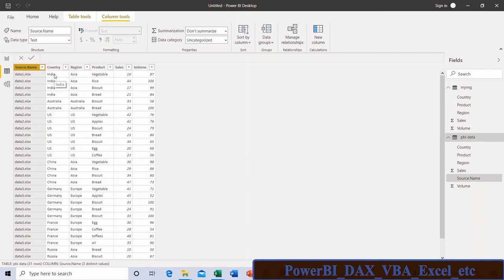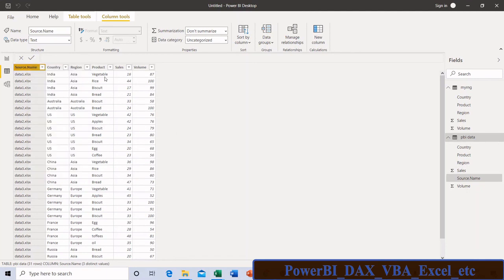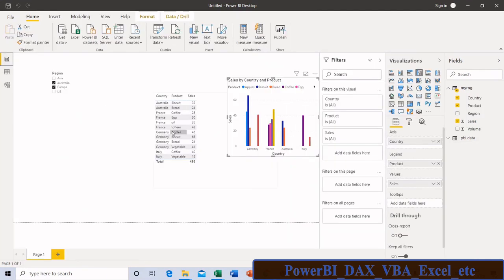I already showed you that India data is kept in data 1, some other data kept in data 2, and other data kept in data 3. You can easily identify from which file the data is loaded. If we don't want this column, we can delete this, no issue. Okay, that's it.